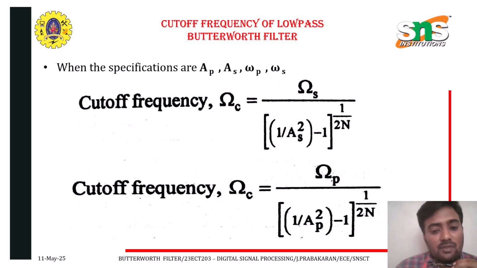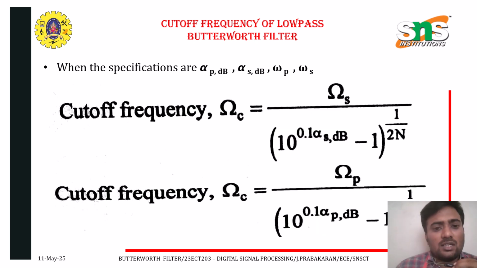Similarly, we can use the passband frequency for the cutoff frequency formula: omega c equal to omega p divided by (1 divided by (ap square minus 1)) whole power 1 divided by 2n. This is the formula for the cutoff frequency of a low pass Butterworth filter. And in terms of decibel, the cutoff frequency omega c